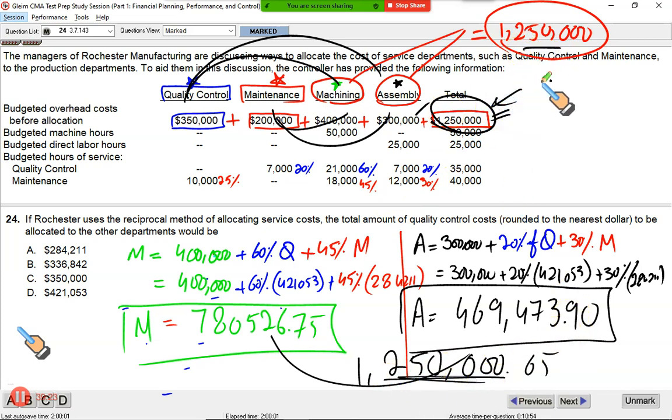Gentlemen, this is just for the sake of your entertainment. You will not be tested on this type of question on MCQs because it's quite complex and long, but just try to understand this method so that you fully understand what basically the reciprocal method is.